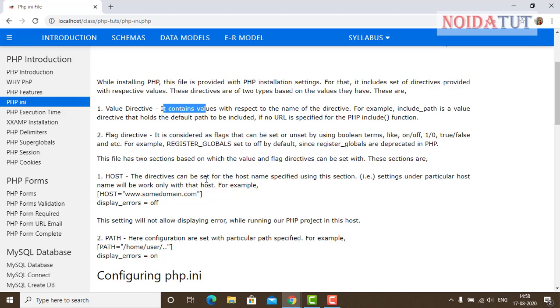The directives can be set for the host name specified using the section, that is, settings under a particular host name will work only with that host. For example, we have the host somedomainname.com. We can set display errors to off. This setting will not allow displaying errors while running our PHP project on this host.